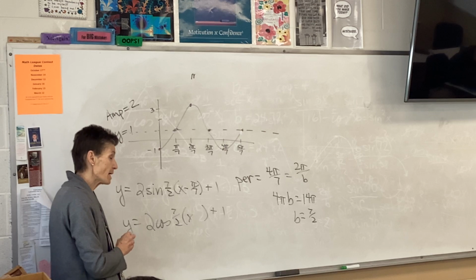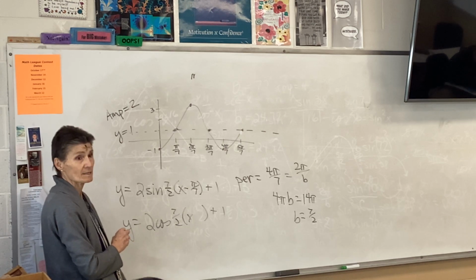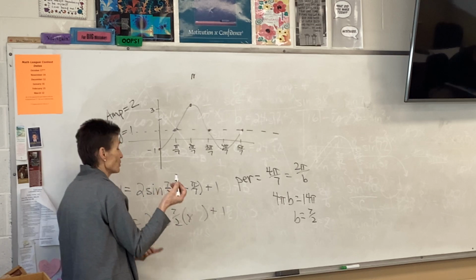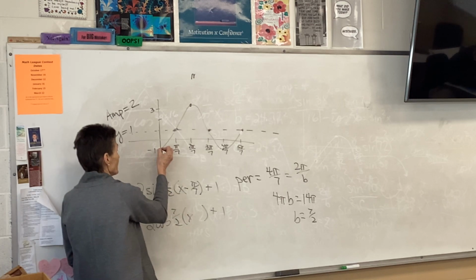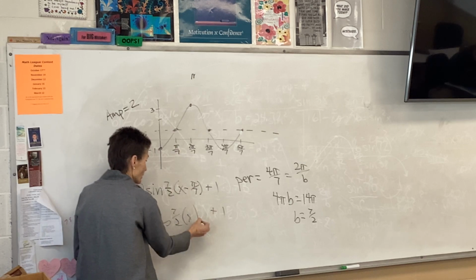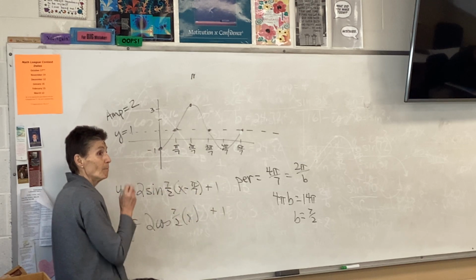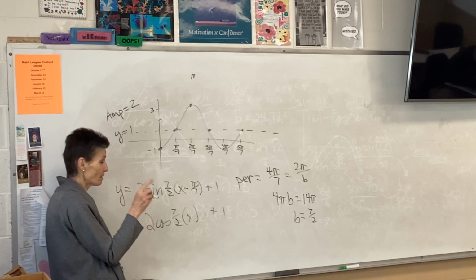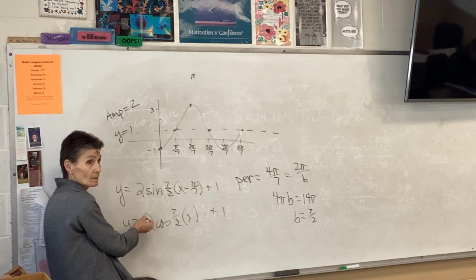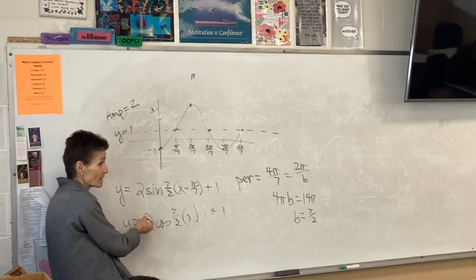Now, if it's a cosine curve, it has to start at a maximum or a minimum. Now, I know I told you try to keep it positive, but this one, if I start here, then I have no phase shift, right? But if I start there, I have to remember to put a negative out here